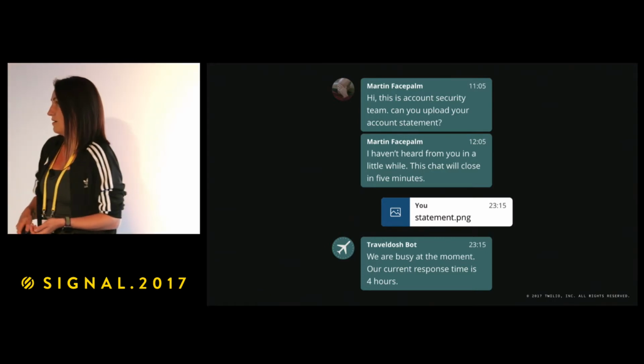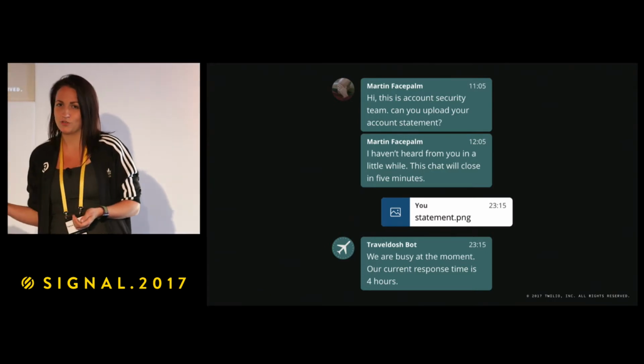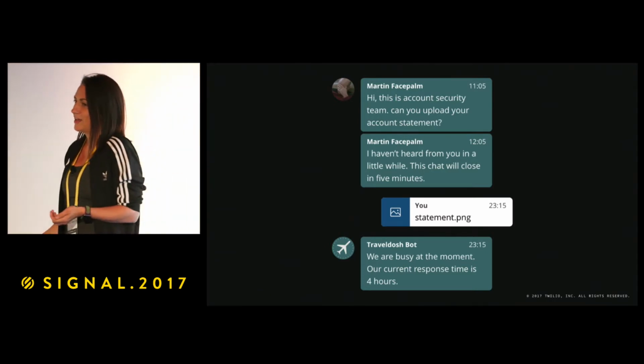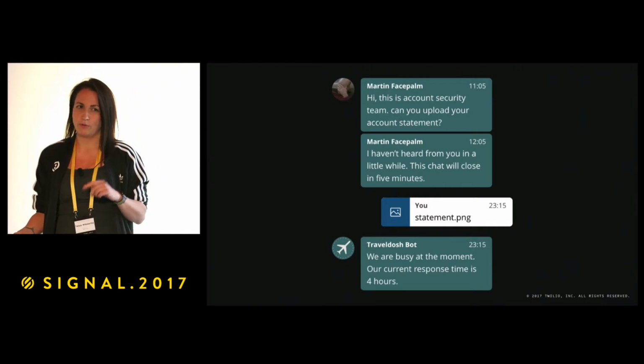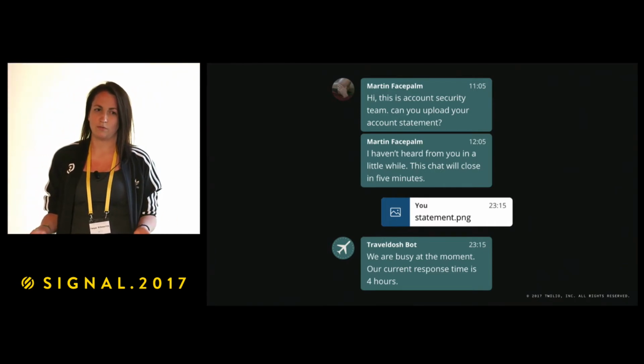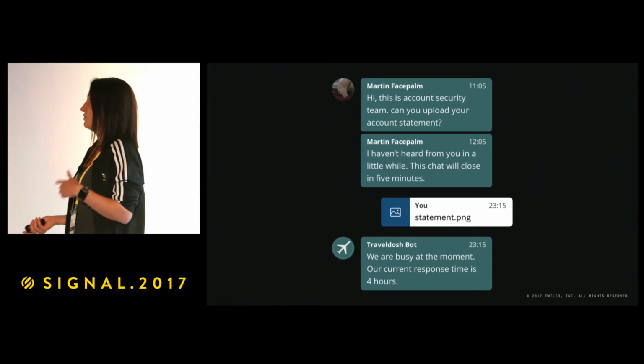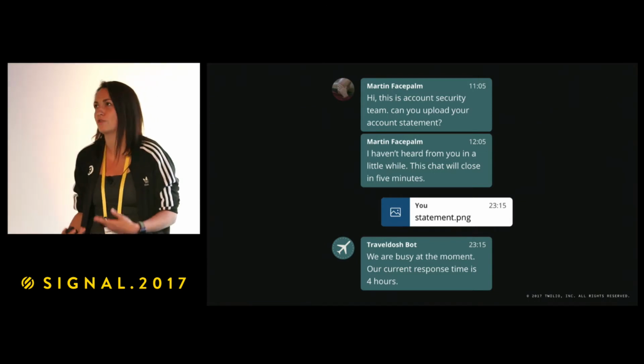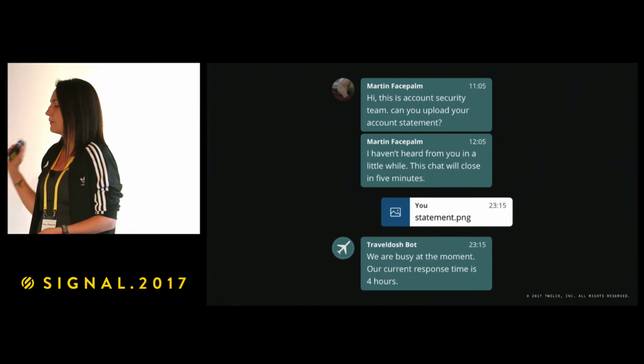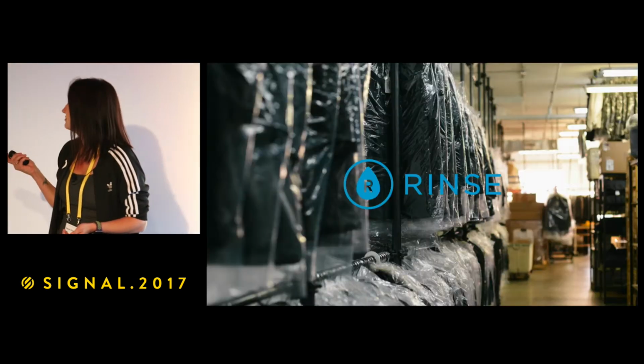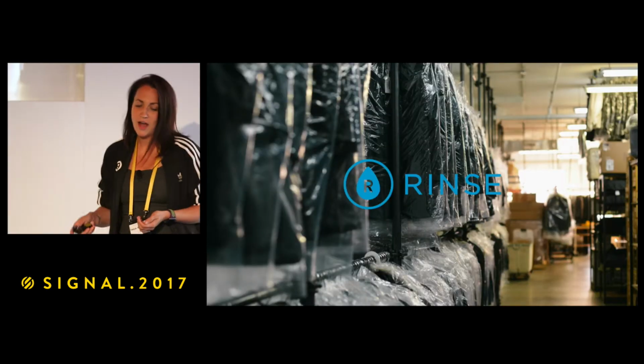All right. Needless to say, I'm not using TravelDosh again when I travel. And it's not because they blocked my account just to begin with, but because this process of getting it unblocked was so frustrating.